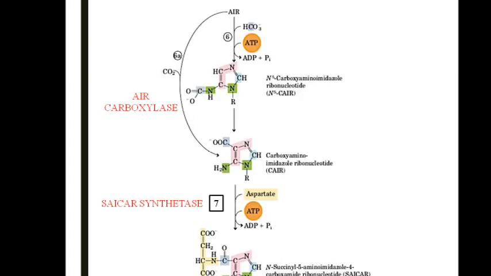Now coming to the next step. I told you the important compound that is contributing to carbon 6 of the purine ring is respiratory carbon dioxide. Now let us see how this step operates. Amino imidazole ribonucleotide, upon addition of carbon dioxide with the help of an enzyme called AIR carboxylase, leads to the formation of a compound called amino carboxy imidazole ribonucleotide, or carboxy amino imidazole ribonucleotide, C-AIR.